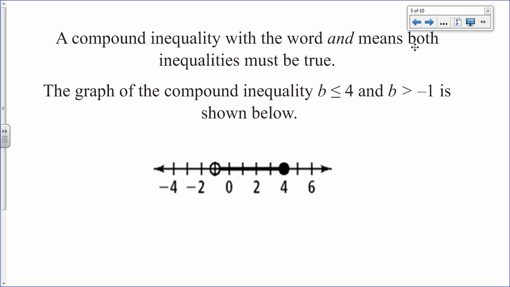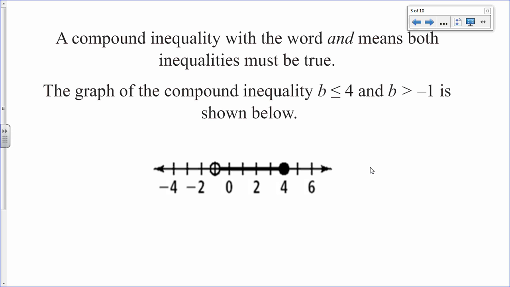A compound inequality with the word "and" means that both inequalities have to be true. So the graph of the compound inequality, b is greater than or equal to 4 and b is greater than -1, is shown below. We put a closed circle at 4, and b is less than or equal to, so we're going to shade to the left. b is greater than -1 would be an open circle at -1, and we're going to shade